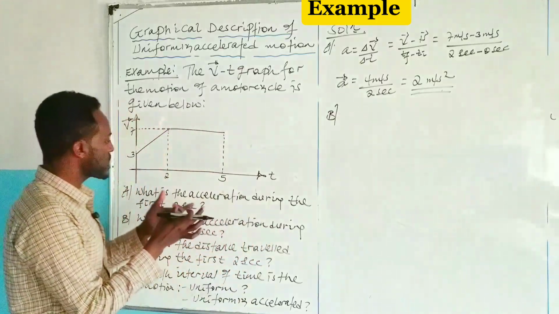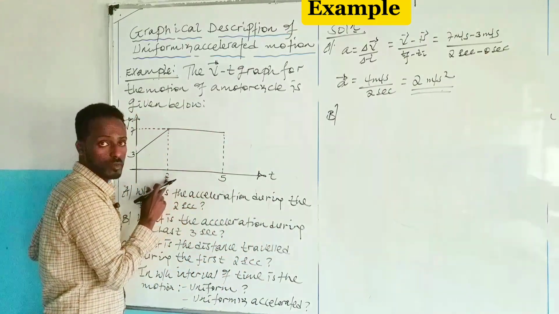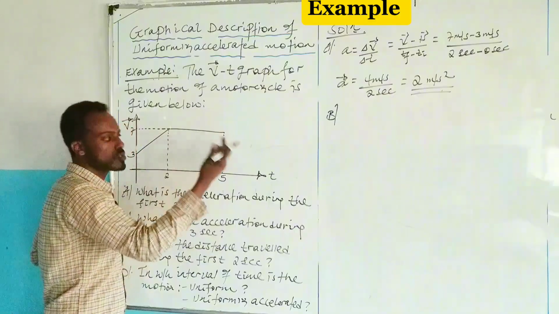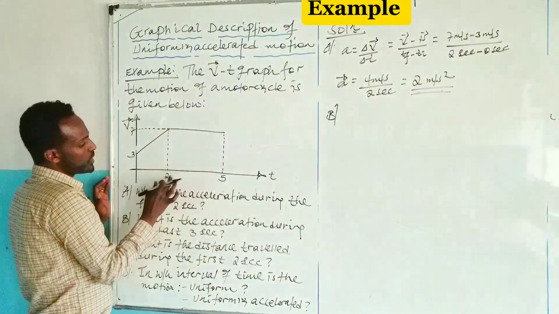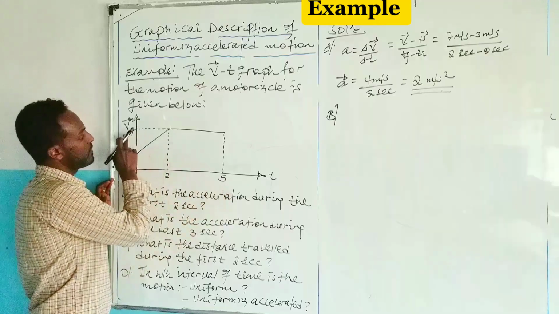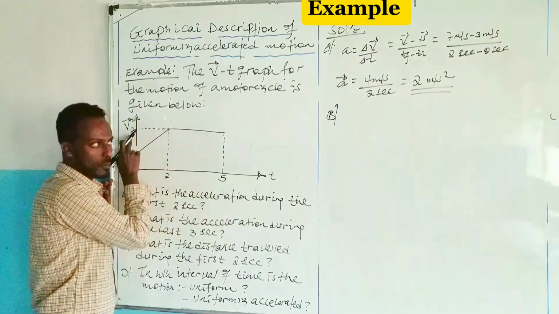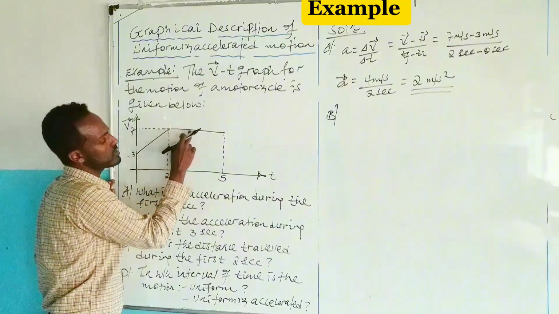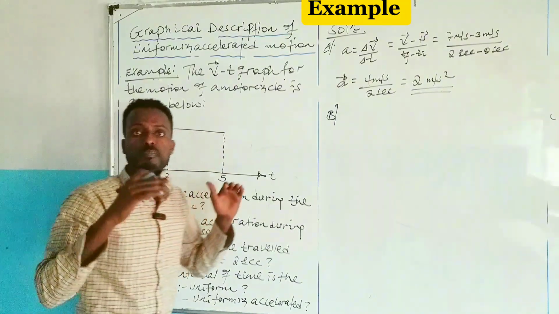ስለዚህ የመጨረሻዎቹ 3 ሰከንዶች ማለት በዚህ መካከል ማለት ነው። 5 ሲቀነስ 2 ስንት ነው? 3 አይደል እንዴ? የመጨረሻዎቹ 3 ሰከንዶች ላይ ምን ያህል አክሰለሬት አድርጓል ነው። Here between 2 and 5 seconds the velocity of the motorcycle is what? Constant, which is 7 አይደል እንዴ? ስለዚህ velocity እያንዳንዱ ፖይንት ላይ እዚህ ጋር ግራፍ ላይ እንደምታዩት 7 ሜትር ፐር ሰከንድ ነው።